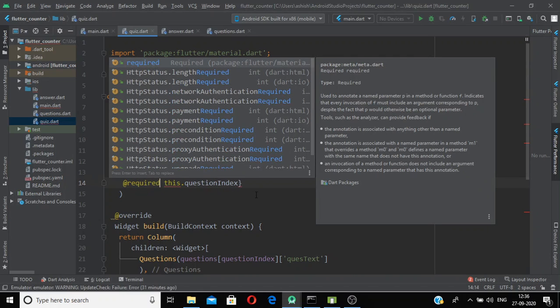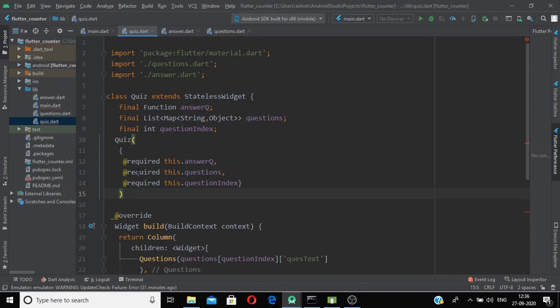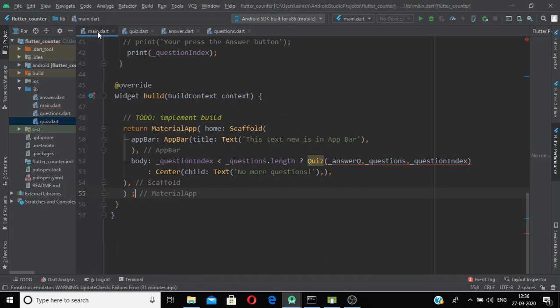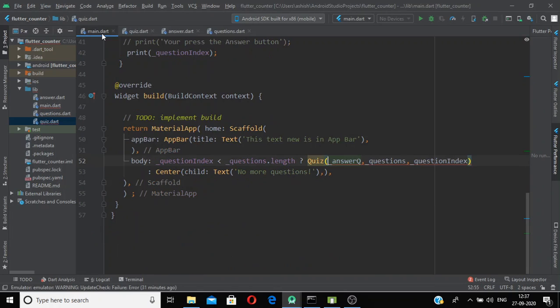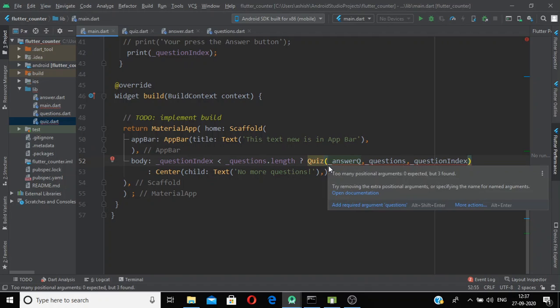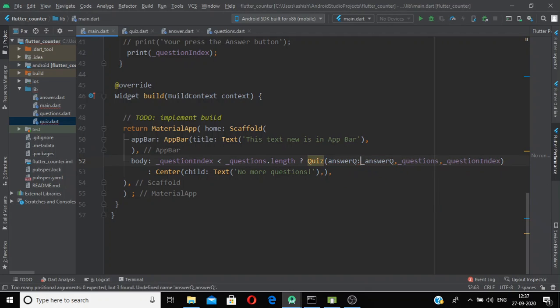The required in this case is used so that it is mandatory to pass the values for these arguments, and in the main.dart file we need to pass the names of the arguments also. So we need to pass the name of argument 1, that is answerQ, and this.